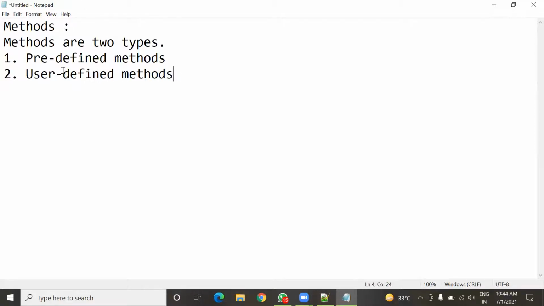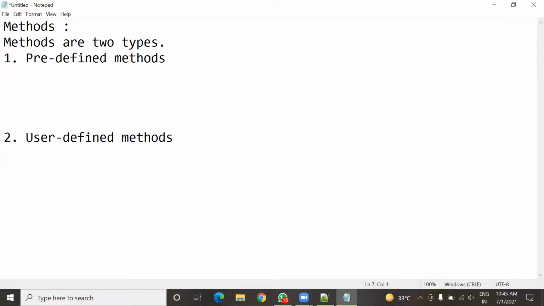Okay, so these are the two types of methods. So in Java, there are so many predefined methods. All these methods come with different kinds of libraries in Java. So predefined methods are there in Java to perform some predefined operations.